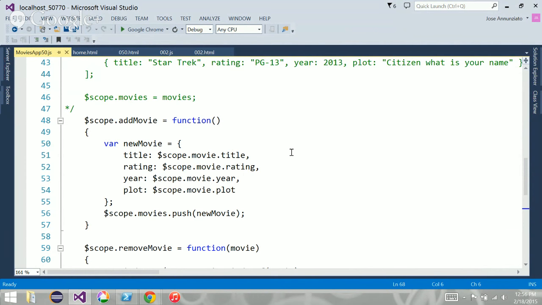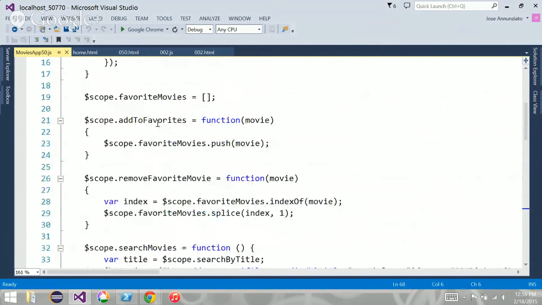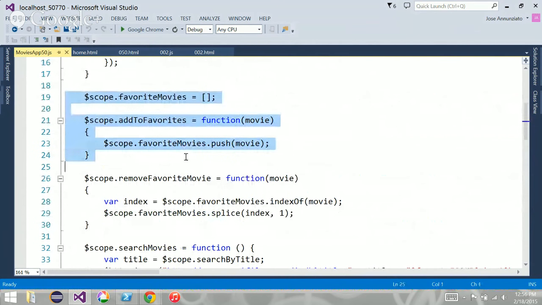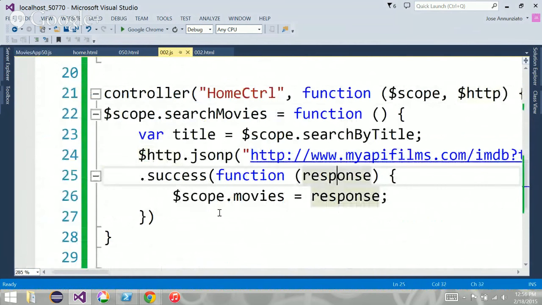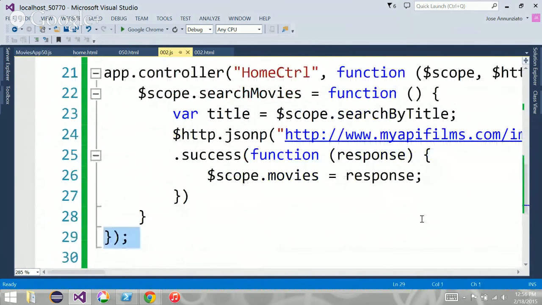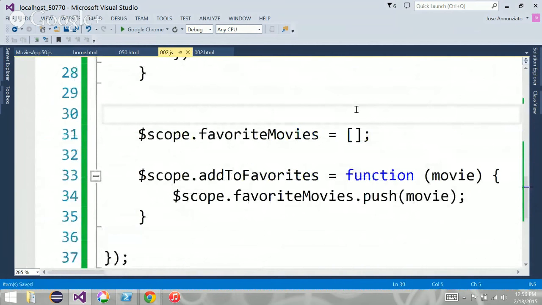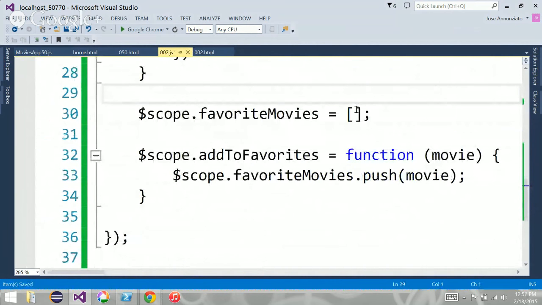So for instance, favoriting. If I want to favorite, where's the favorite? Add to favorite. We're going to need this over here. I don't want to copy everything, so let's put it here, with add to favorite.